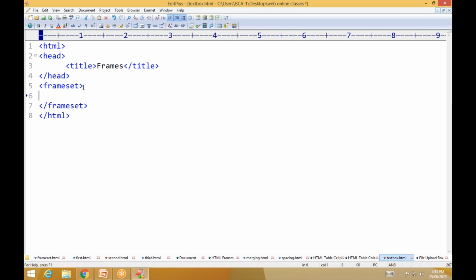Within that you have to write the frames, however many frames you are going to create. The first one is frame, and within the frame you just give the src, that means the source, which web page we are displaying within that frame, equal to double quotes. Then close, self-closing.